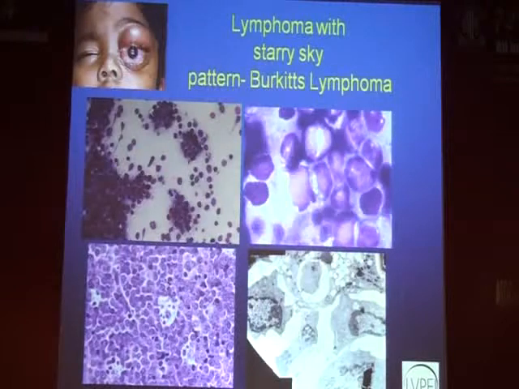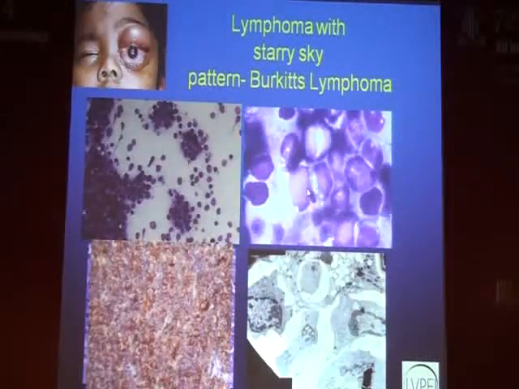So lymphoma is again another small round blue cell tumor, but with a very starry sky pattern, which gives us a clue to the nature of this lymphoma, that these are very high-grade tumors. The squash imprint shows cytoplasmic vacuoles, giving us a clue that it is a lymphoma, and this was LCA positive, CD45 positive.